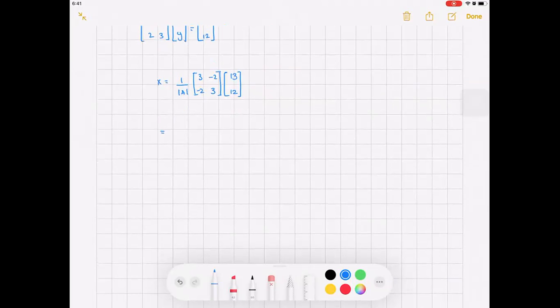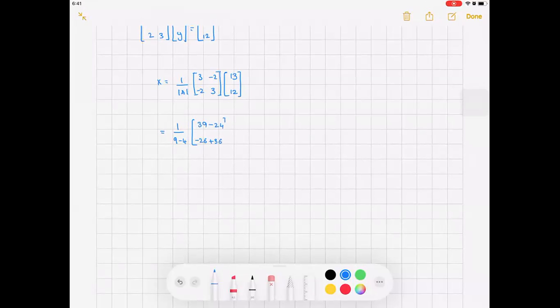And here determinant of a is 9 minus 4, and this element 3 into 13 is 39 minus 24